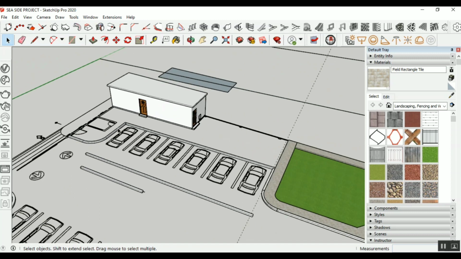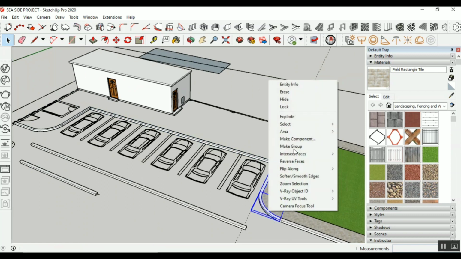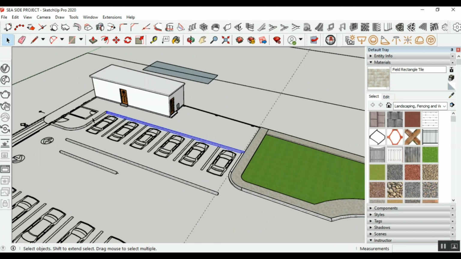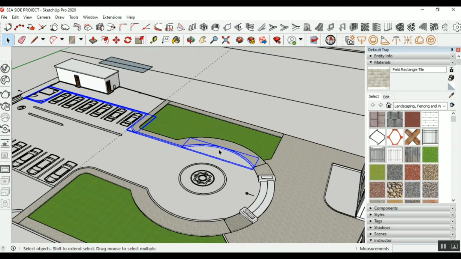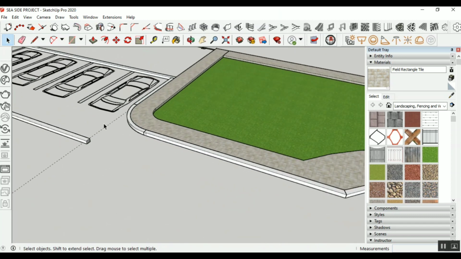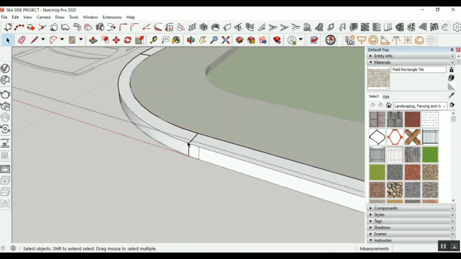Okay, and I think this object is now a group. Okay, this is not a group, so I will select the object, I'll make it a group. This is done. Now I need to create one group of all this, so I will use shift selection, it will create one group. If I select this object, all the materials are applied. So this is the one I need to remove, and this one you cannot, just this one you can remove, I think. Yeah,